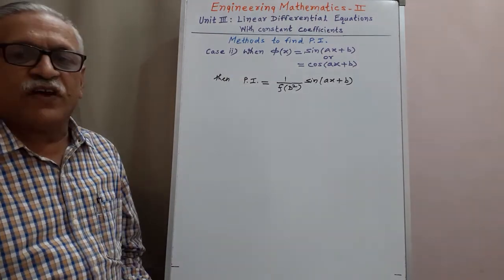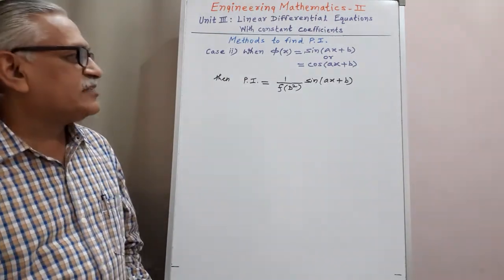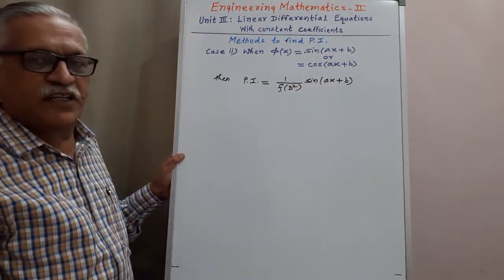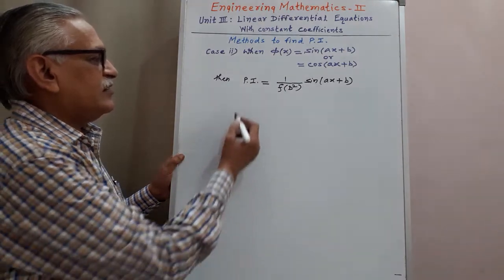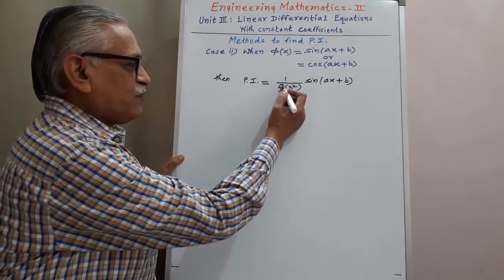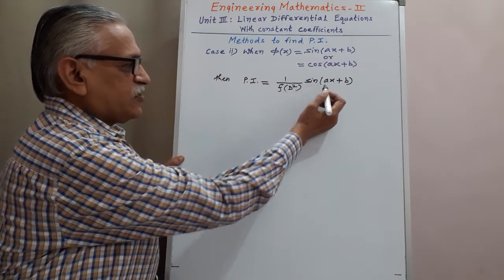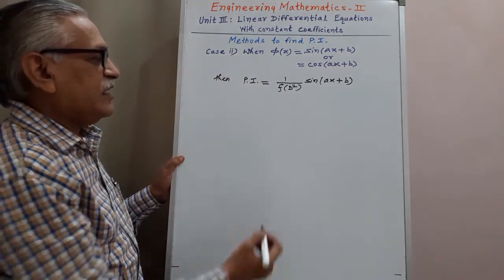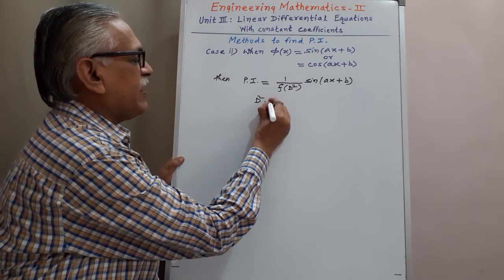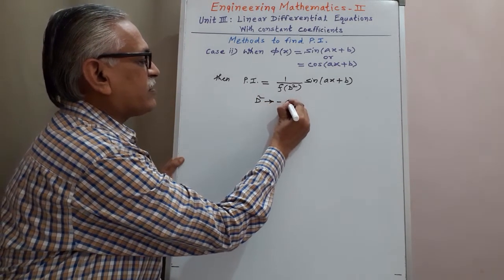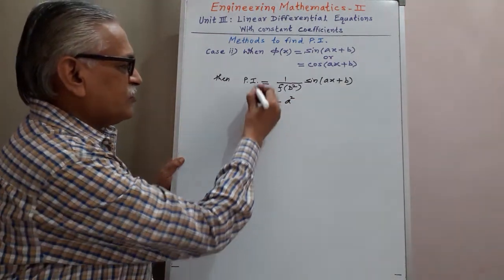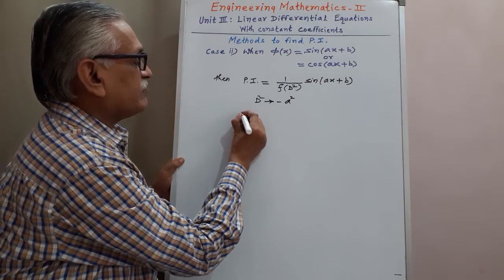Second case, when phi of x, meaning the right hand side term, is in the form of sin of ax plus b or cos of ax plus b, then PI is obtained by the inverse operator technique, 1 upon f of D square operated on sin of ax plus b. Here the rule is that we have to replace D square by minus a square, meaning a square with a minus sign, and therefore that PI becomes